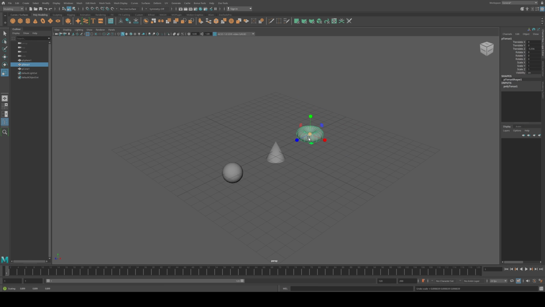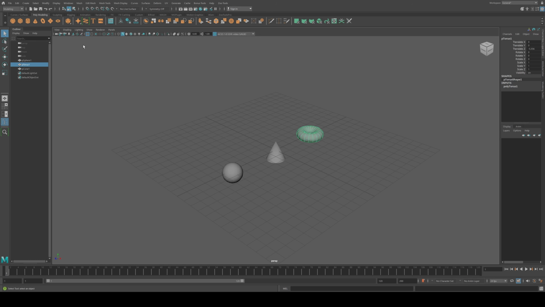Quick heads up. Scaling can affect more than just the size, so it might impact other elements in a complex scene, like textures and physics simulations. So always keep the bigger picture in mind when scaling your objects. And that's the wrap up of our deep dive into the scale tool. Whether you're trying to adjust the dimensions of your object or maintain its proportions, now you know exactly what to do. Maya is all about making your life easier and your creative process faster.